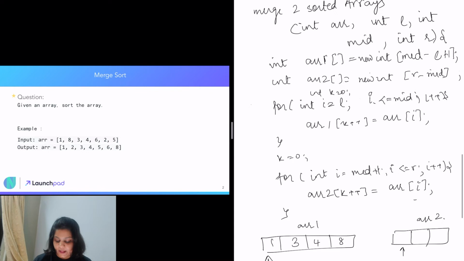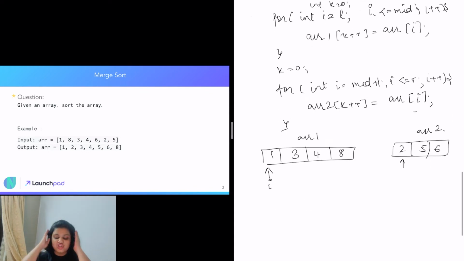So we are going to check the element at the ith position, and we need 2 pointers firstly, I and j. I will represent the current index of array 1 and j will represent the current index of array 2.